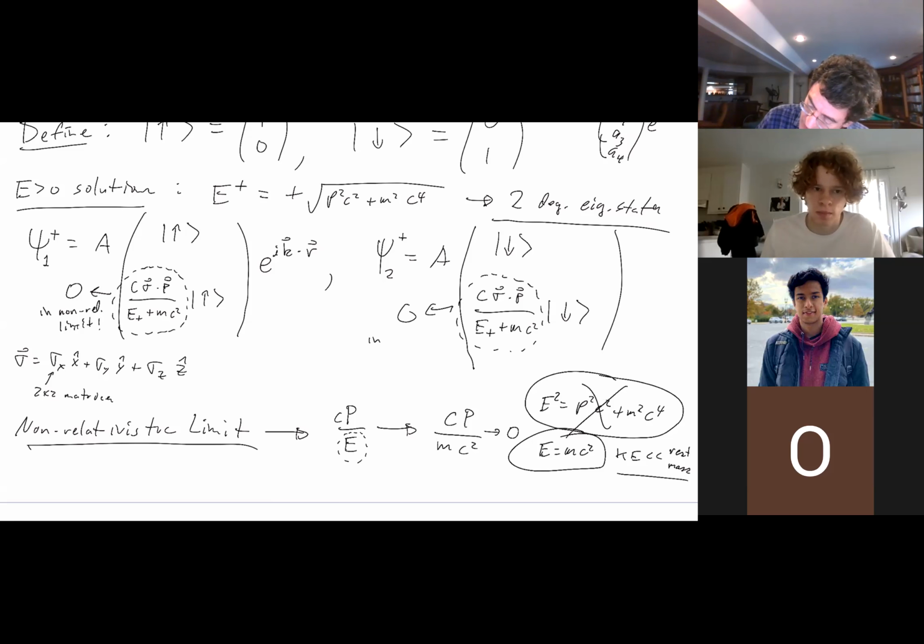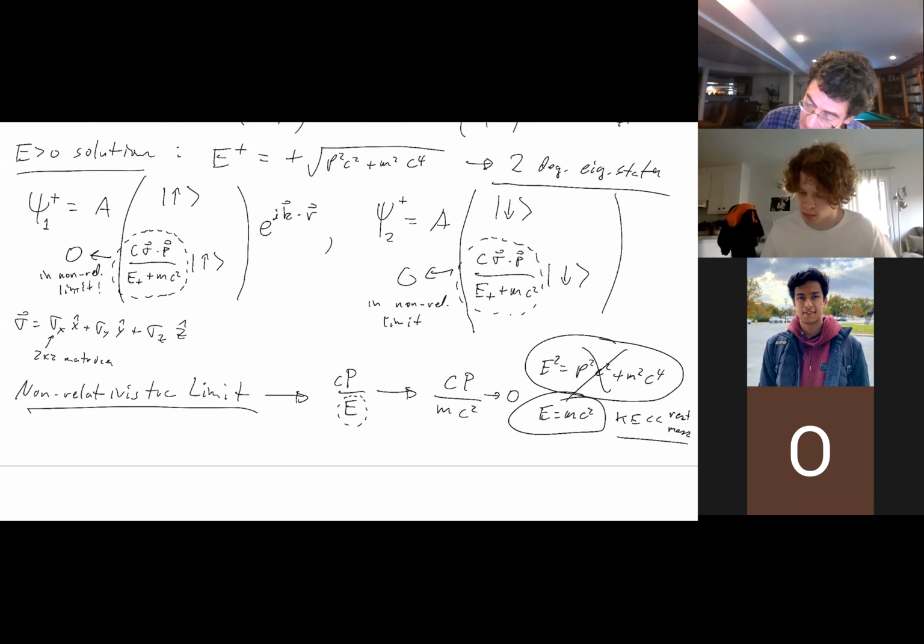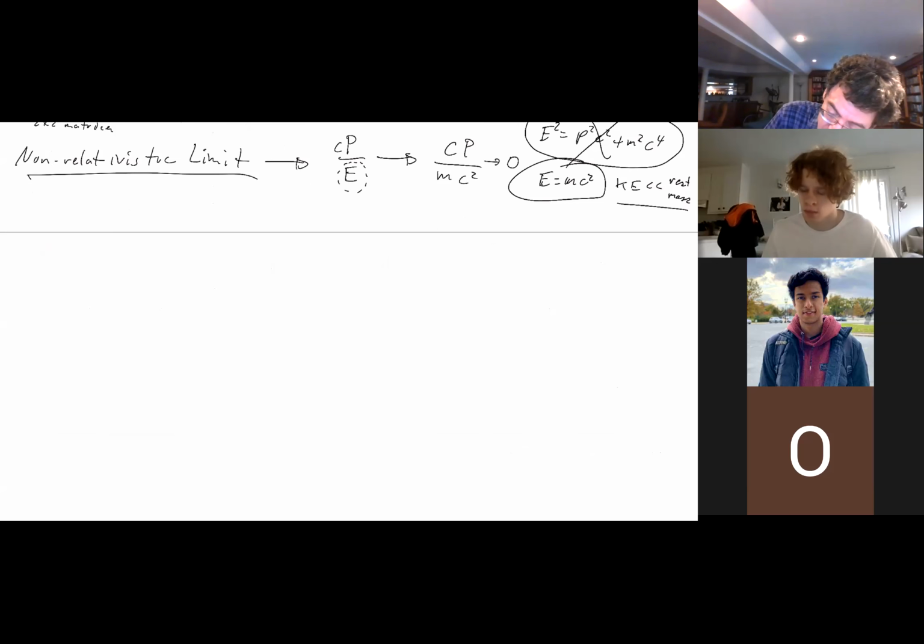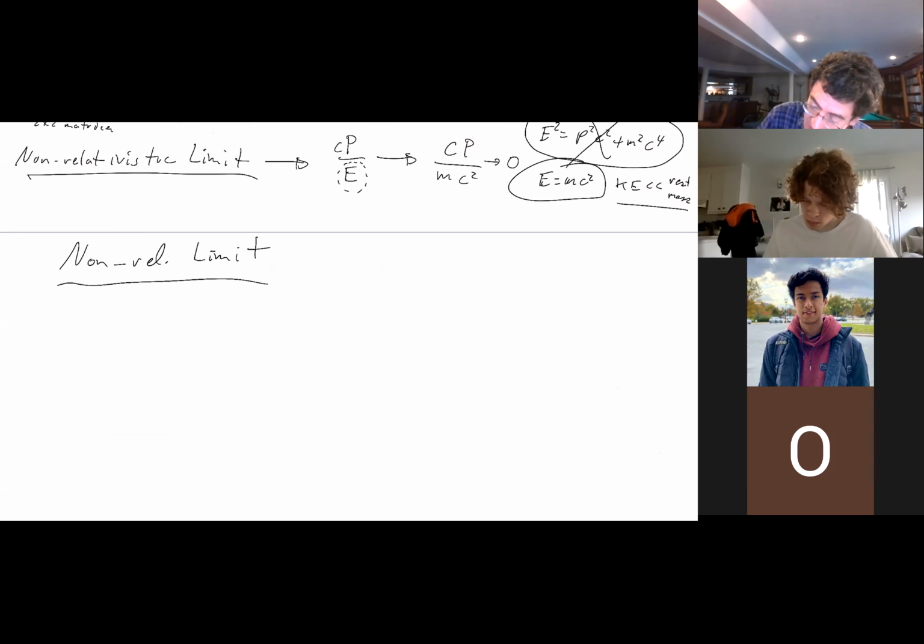Zero in the non-relativistic limit. So in the non-relativistic limit, my wave function is really simple. I'm going to just set those guys to 0. In the non-relativistic limit, which is the limit where most of the physics happens in our day-to-day life, we have